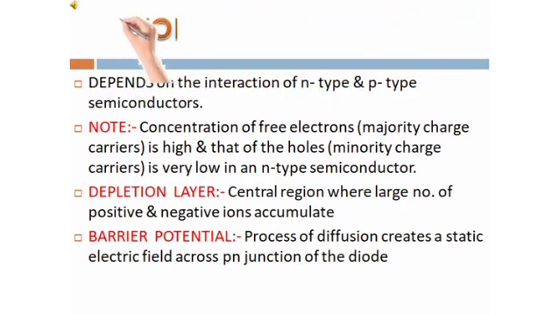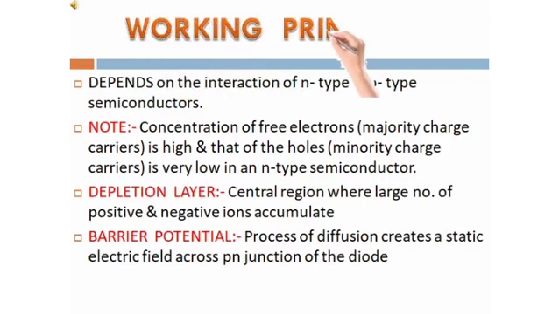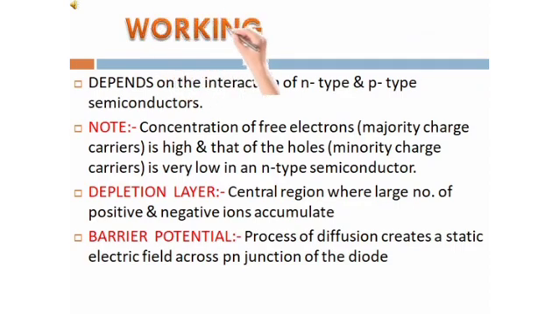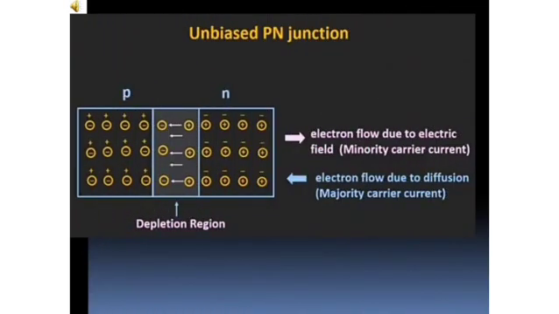So for a diode to work, there is an external DC voltage. For that we have the unbiased PN junction diode. What does unbiased diode mean? Now for diodes to work, an external DC voltage is applied to assist the flow of charge carriers through the depletion layer. This method of applying DC voltage externally, we call it biasing.